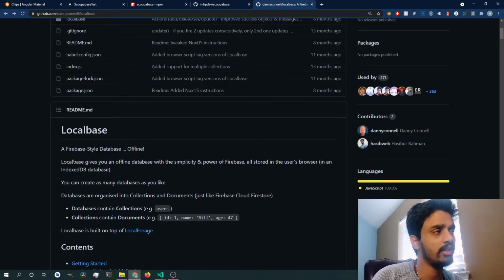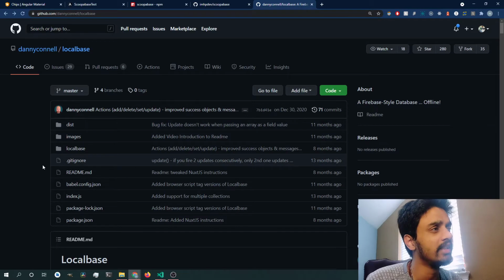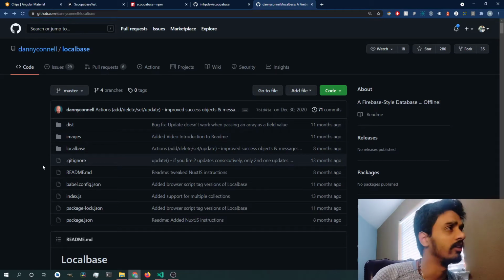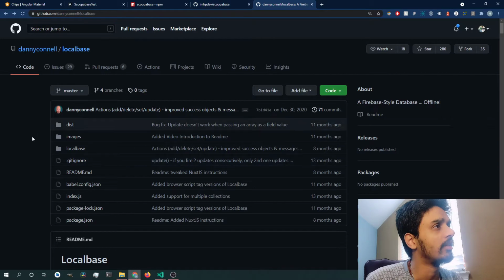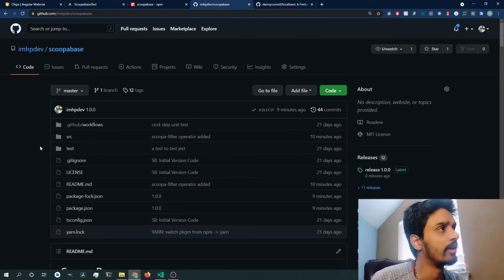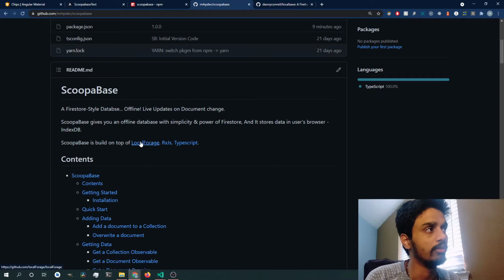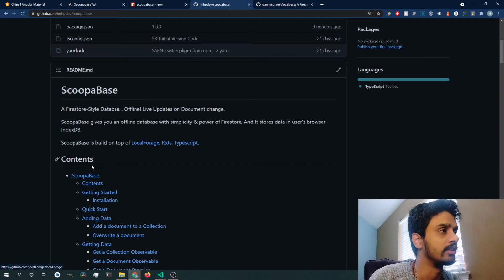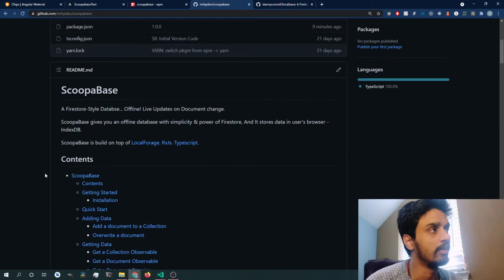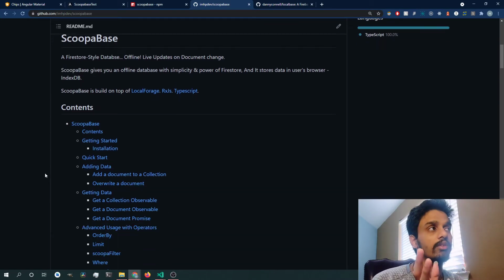This actually fulfilled most of my needs, but I'm more of an Angular guy, so I wanted a library which supports observables for documents that I get from a particular collection. That's why I decided to create my own wrapper. ScoopaBase is built on top of localForage with TypeScript support and RxJS. It is a Firestore-style database, and when you do any CRUD operation and subscribe to those documents observable,